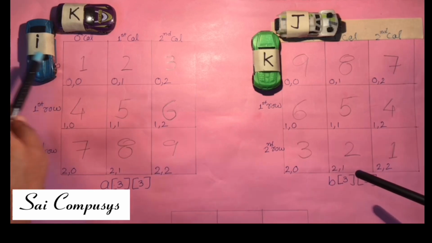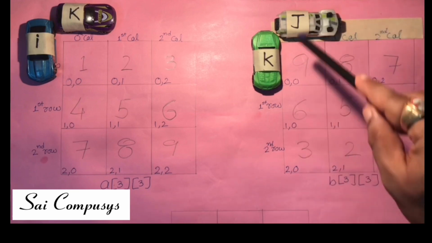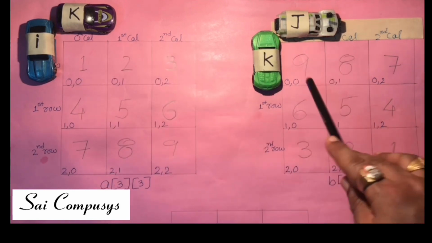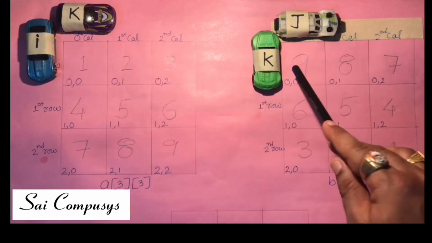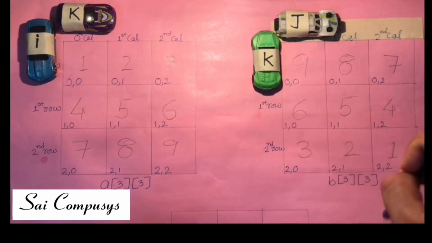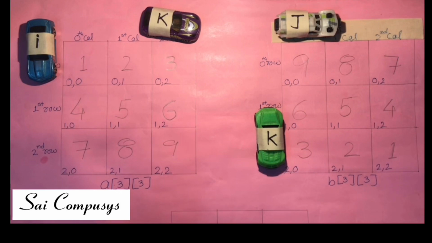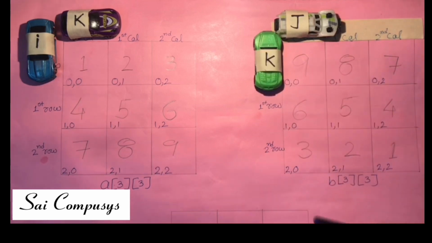I wish to multiply the elements of the 0th row, that is my i is on 0, with the elements of the 0th column. So my j will be placed on 0. So I need to multiply 1, 2, 3 with 9, 6, 3. So to multiply 0th column, first column, second column with 0th row, first row, second row, I wish to do this. I wish to move k. My k should change every time. Remember, in multiplication, every time k varies completely, you will be getting one element of the resultant matrix. So I'll just show you what it means.